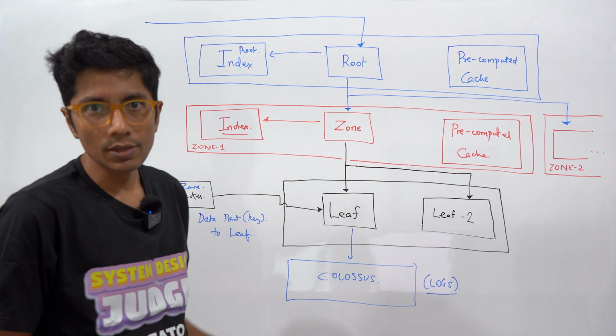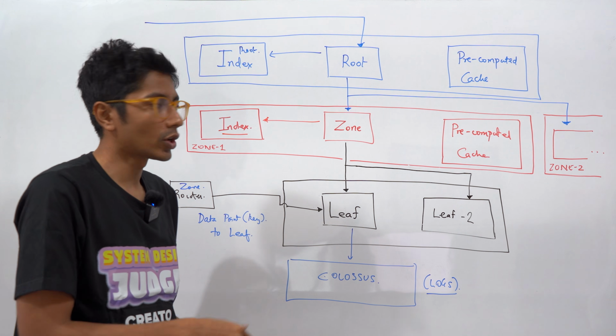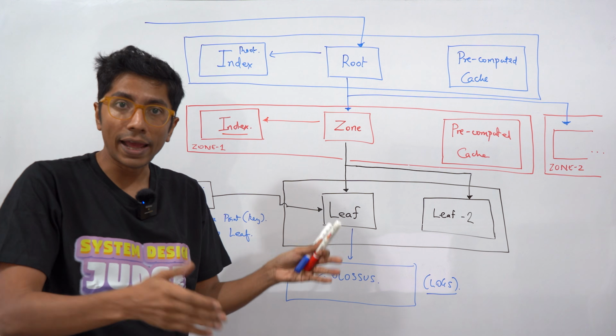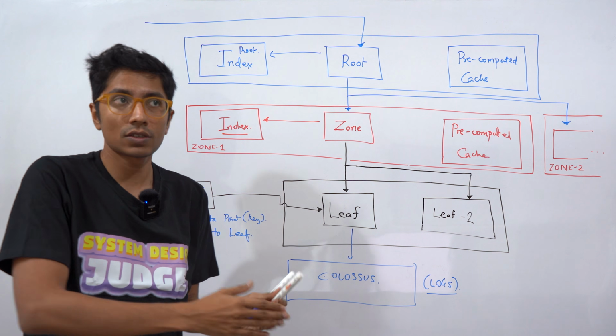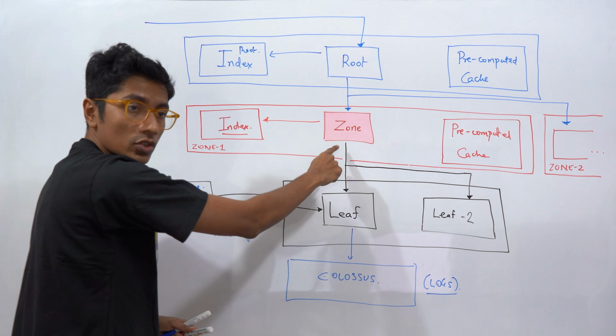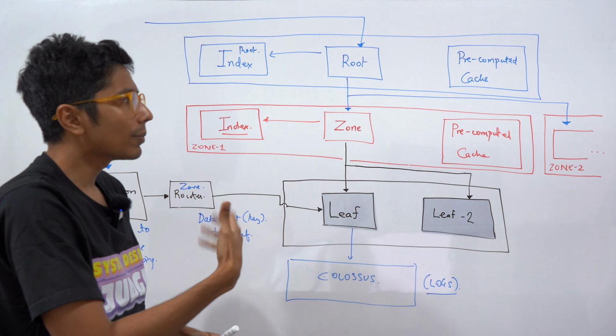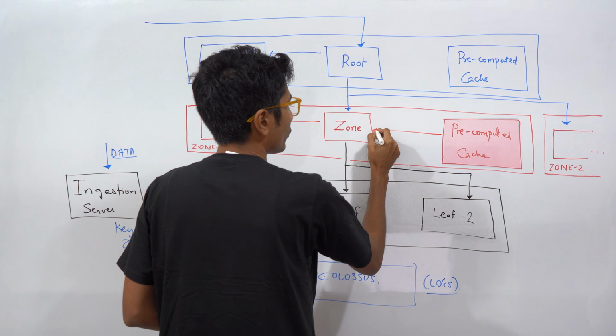And the other common use case is a pre-computed cache. Very often you have periodic queries being fired on Monarch. So you want to see the overall health of a server. You say what is the maximum CPU usage in the last 1 minute. So you don't need to fire a query every time from root, reach the zone and hit the leaf for that. Maybe you can pre-compute that query and store it in a cache for a zone.